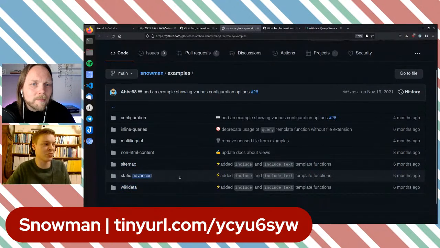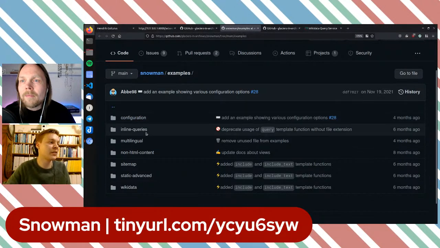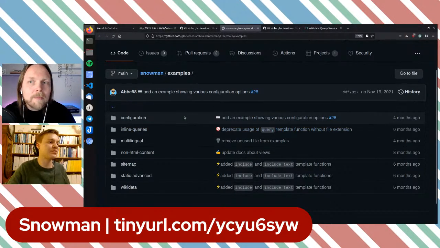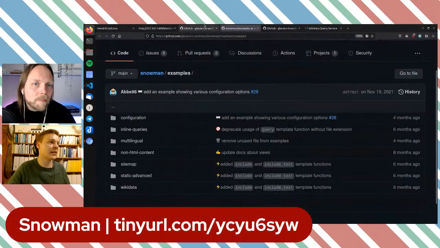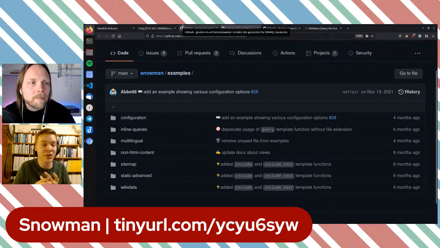There is an advanced Wikidata example. And a configuration example, where you can access things like environment variables in various ways. Inline queries, and that. And we have also showcased a couple of functions like replace, I think, and query.